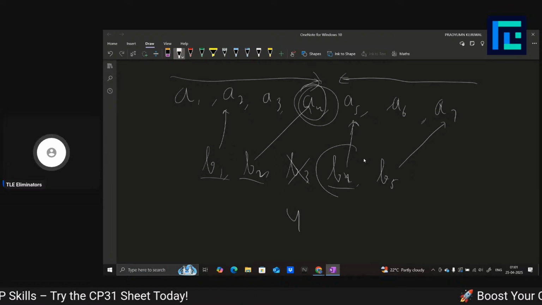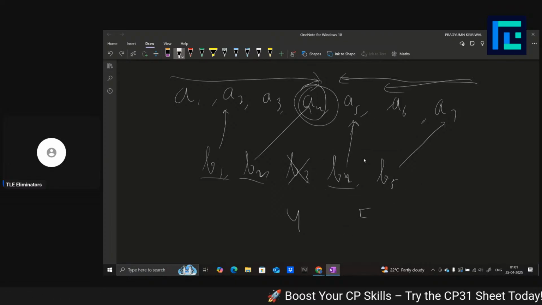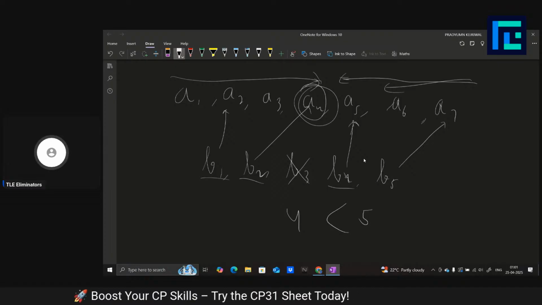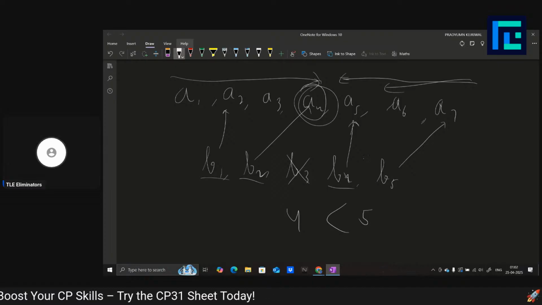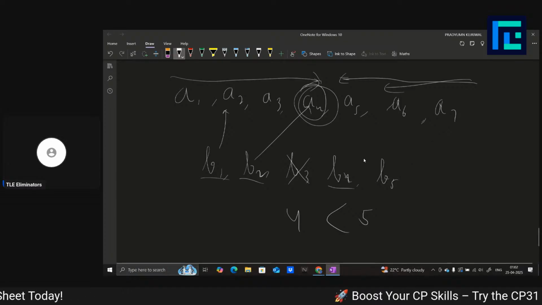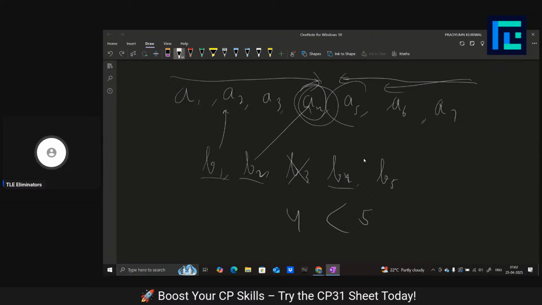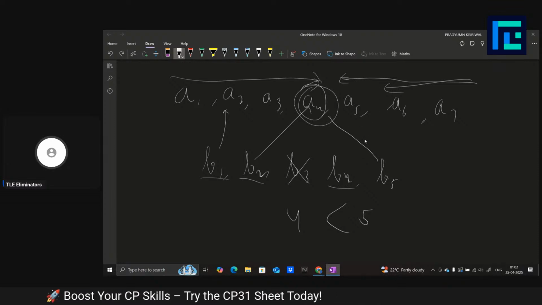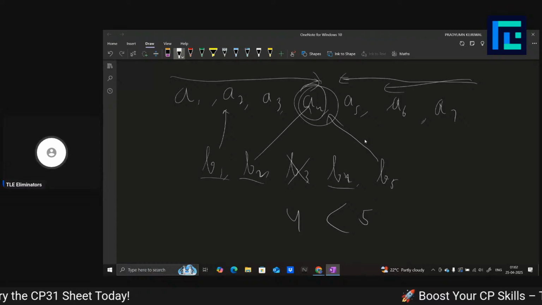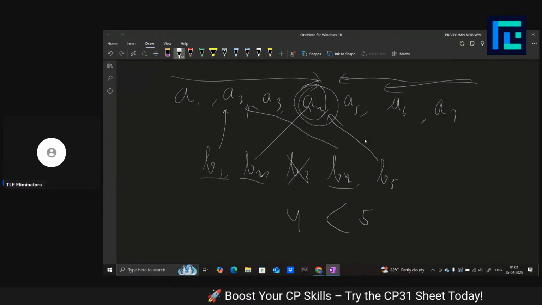And to map this entire suffix, I have to come till 5. And since 4 is less than 5, that means that there is no overlap, like there is no intersection like this. Let's say that A7 is less than B5, A6 is also less than B5, A5 is also less than B5. So I had to map B5 to A4 if I wanted to map B5, and I have to map B4 to A2, if that is the best that I can do,